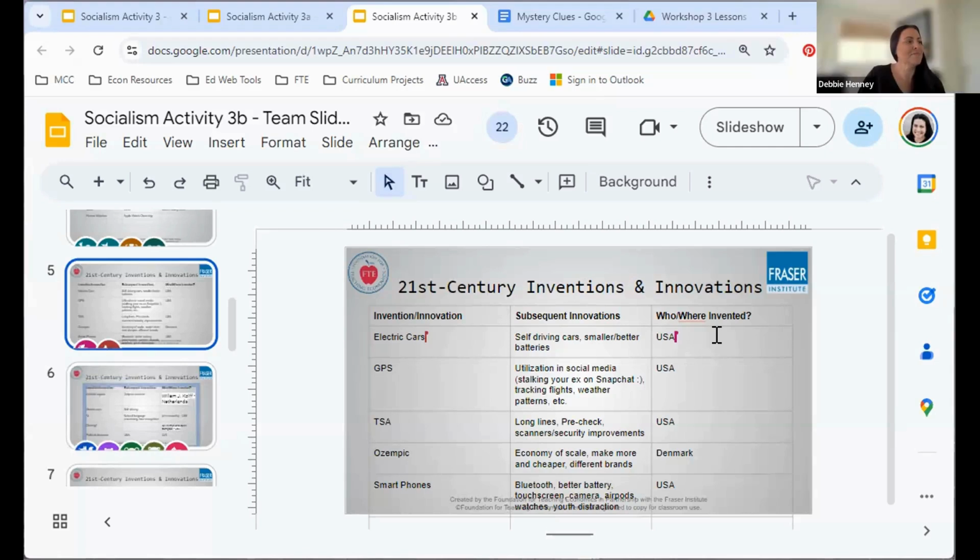Awesome. Because of the events of September 11th, we know the TSA and the utilization in the airports, improving those scanners, all the scanners you have to go through and the pat downs, and yes, more innovations that came from that. Long lines are probably a consequence, right? Yeah, that's